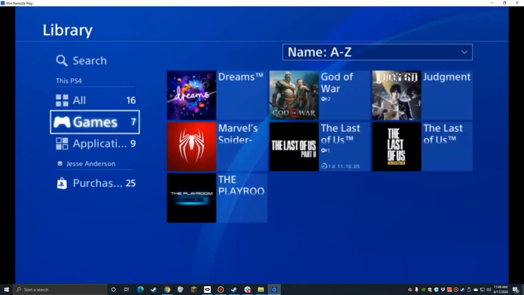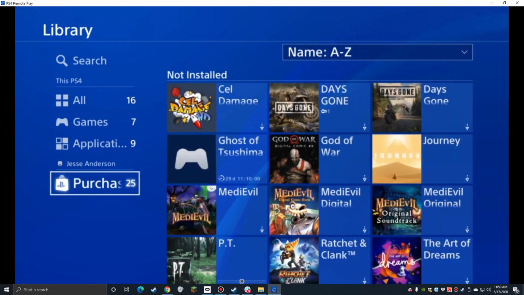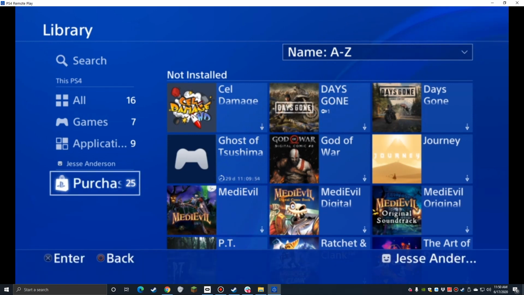Games. I can show only games. Applications. Purchased, and then my whole purchased library. So if, to save space, I uninstall some stuff and then I decide, oh, I want to reinstall something,